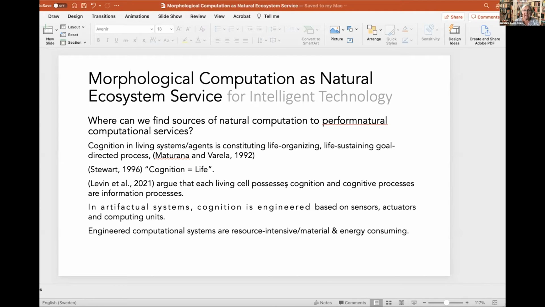So when we talk about intelligence, and that is also mentioned in both Aaron's and the Rao's talk about levels of organization and how intelligence is changing or emerging from physical to higher virtual levels, it's what we search for in nature, those mechanisms, and then try to understand how we can put it into our intelligent technology so that it works much more effectively and much more ecologically sustainable. So that's the very simple thing.